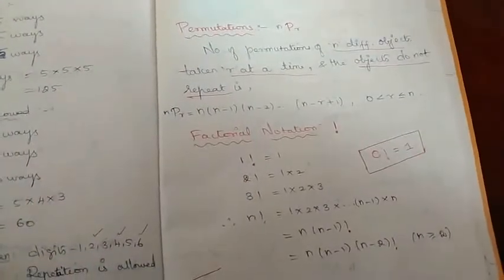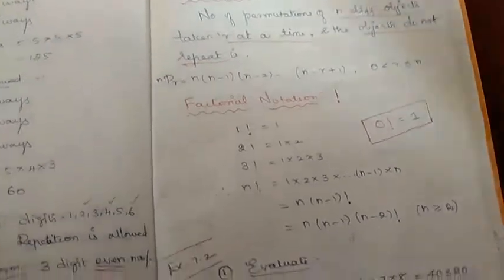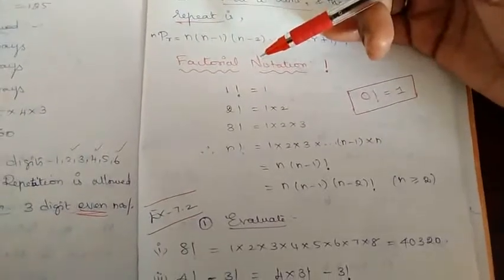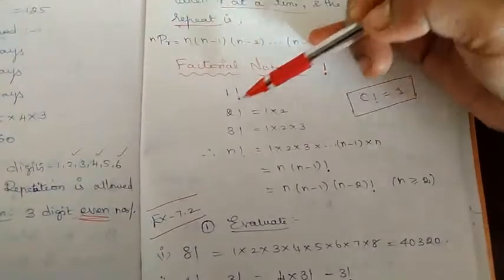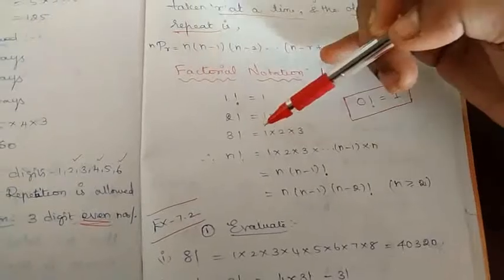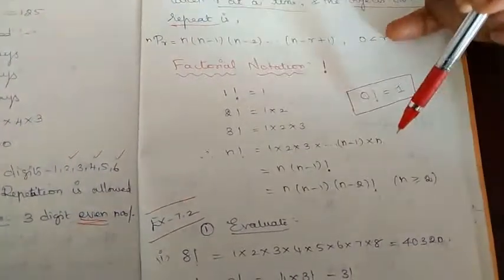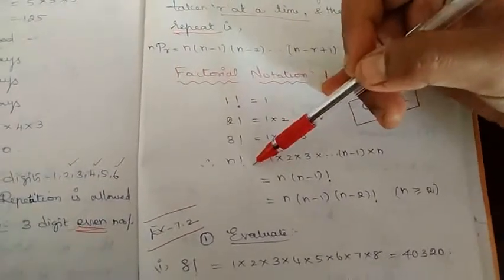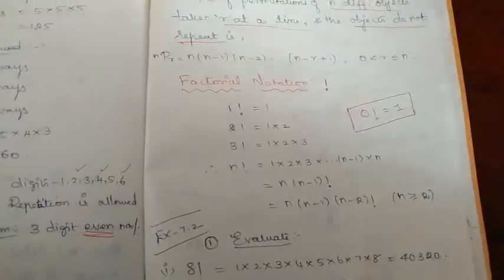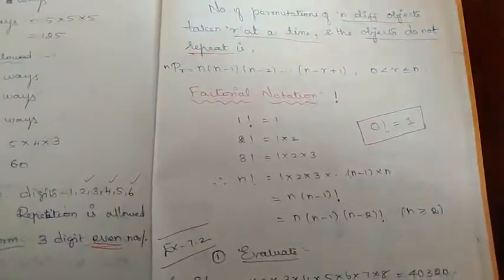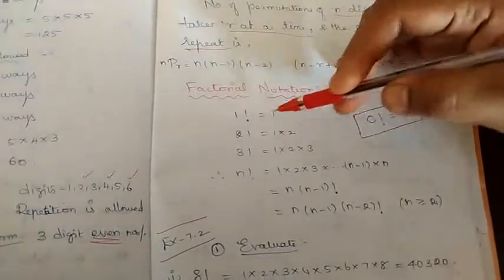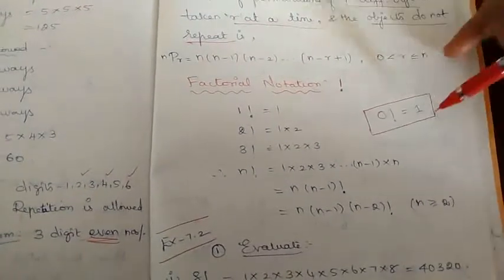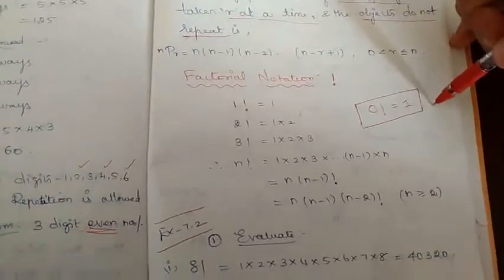So to make it simpler, our great mathematicians have found another concept called factorial notation, the exclamation mark. What is meant by factorial? We know already, right? 1 factorial means 1, 2 factorial means 1 into 2, 3 factorial means 1 into 2 into 3. Likewise, till the number, starting from 1 we have to multiply. That is called factorial. So n factorial can also be written as n into (n minus 1) factorial. Likewise, we can reduce and write. And 0 factorial is also 1, 1 factorial is 1. 0 factorial equal to 1 is a universally accepted truth. So you have to remember 0 factorial is 1, it's not 0.